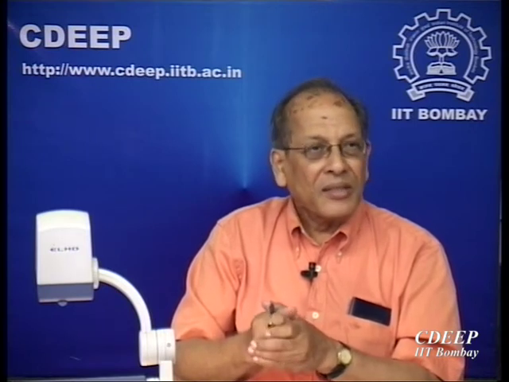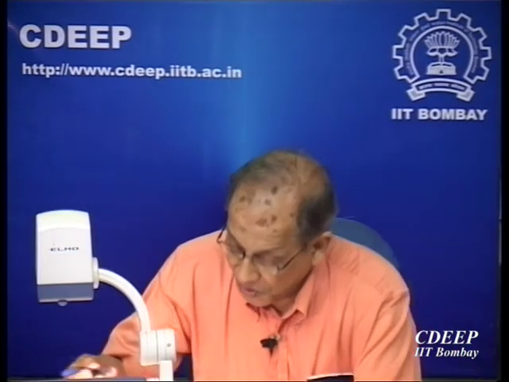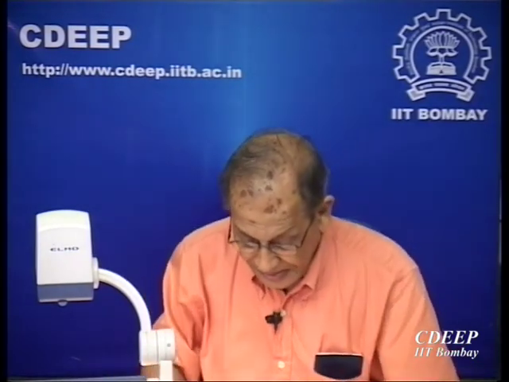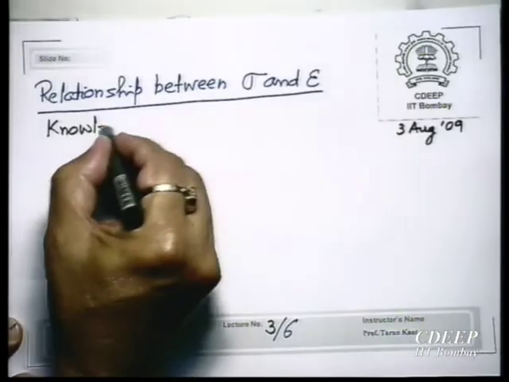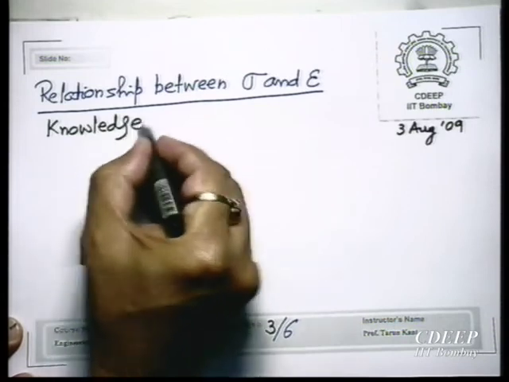So, there are various curves, and this is what you are going to do in our lab. One test is there where you are going to break steel rod specimens, and you will see how it behaves. So, now the next one is the relationship between stress and strain, and here comes knowledge of the material.